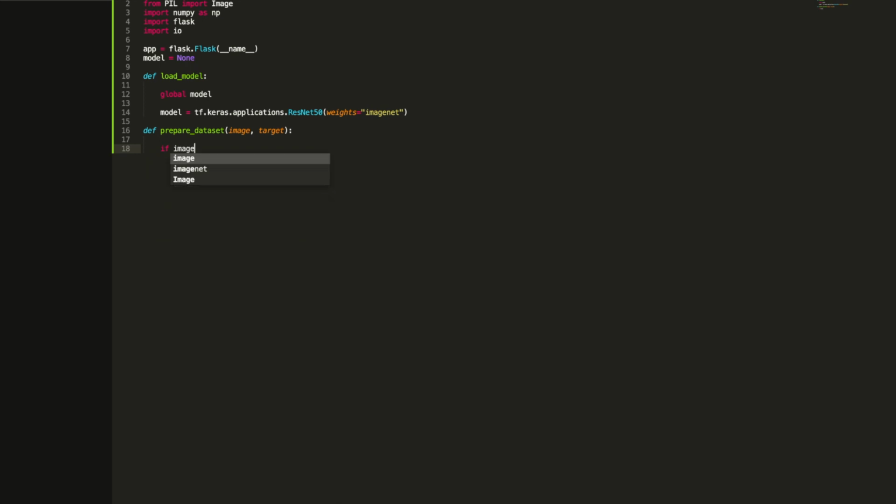If image.mode not equal to RGB, then image equals image.convert RGB. Now we'll have to resize the input image and pre-process it. To do that, we say image equals image.resize